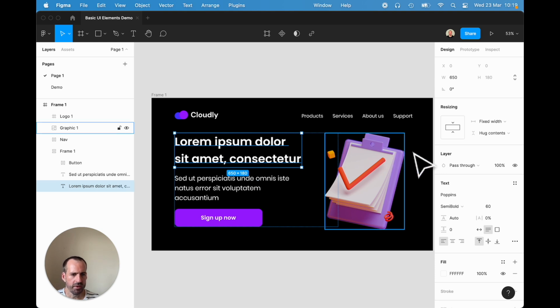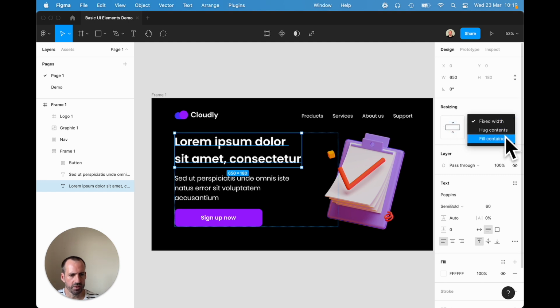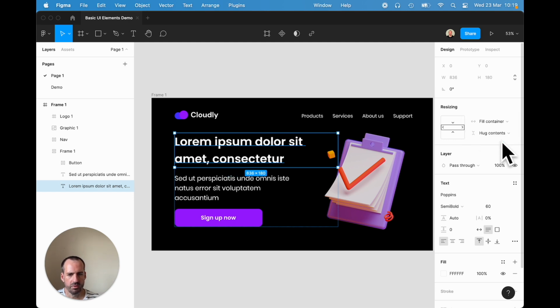And over here on the right hand side, we can see that the resizing of the element can be determined by these drop downs. For example, at the moment, the element has a fixed width bounding box, but if we go over here and we change the width to fill the container,